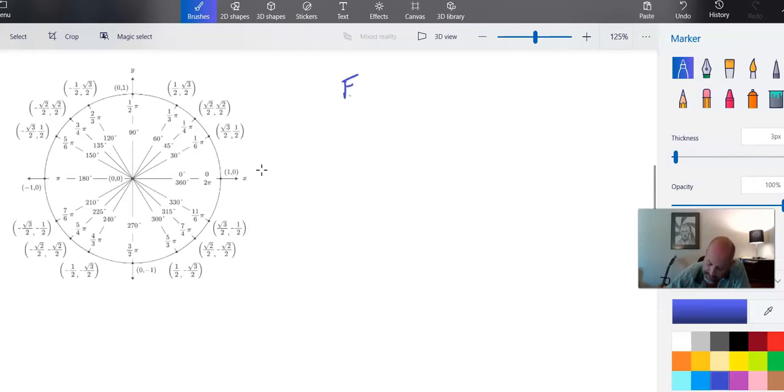A function takes your value from the domain and it maps it to some y value, right? That's the idea behind a function. You have an input and an output. Okay, so an inverse function,